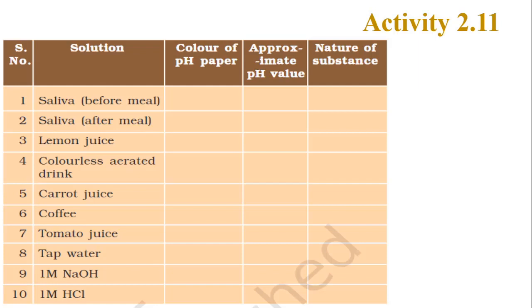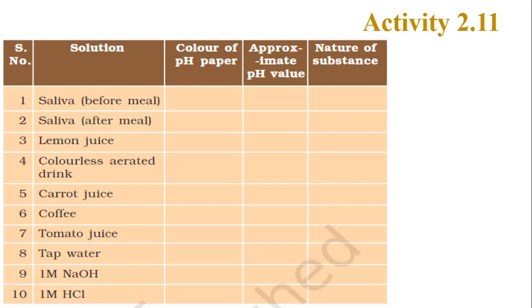For a quick revision, let us understand how we can define acid or base with the help of pH. If the solution has a pH value from 0 to less than 7, then we can say that our solution is acidic. If the solution has a pH value more than 7 to 14, we can say that our solution is basic. And at exactly 7 pH value, our solution will be neutral.